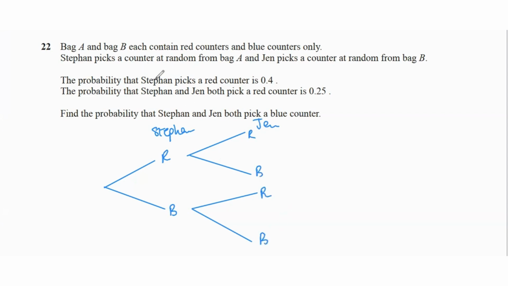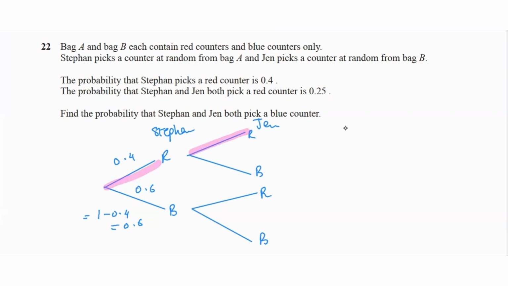So the probability that Stefan picks a red counter is 0.4, which means the probability of Stefan not picking the red counter is going to be 1 minus 0.4, which is 0.6. So this is 0.6. The probability that Stefan and Jen both pick a red counter, which is basically going from here to here, because both pick a red counter, that's 0.25,